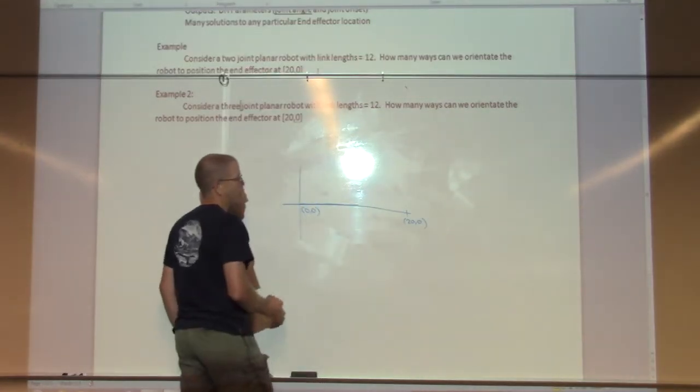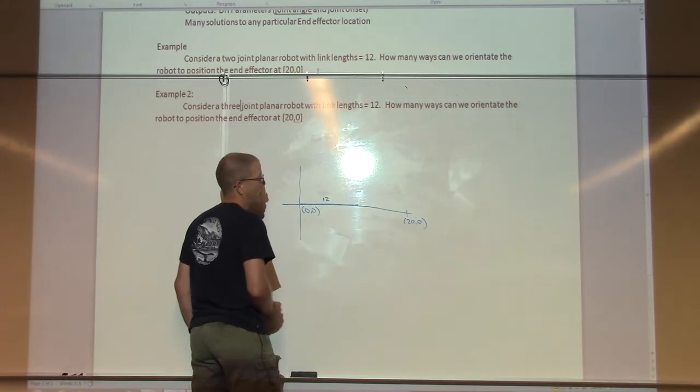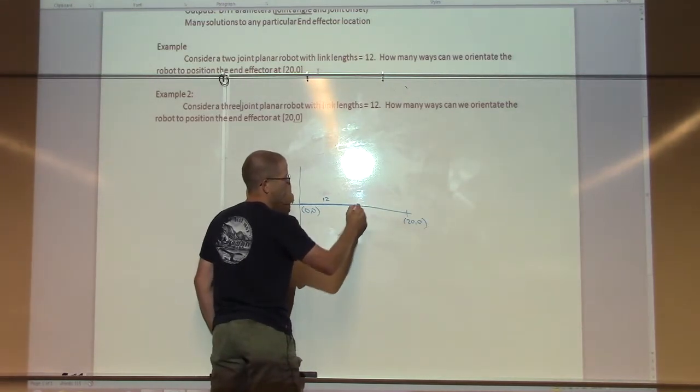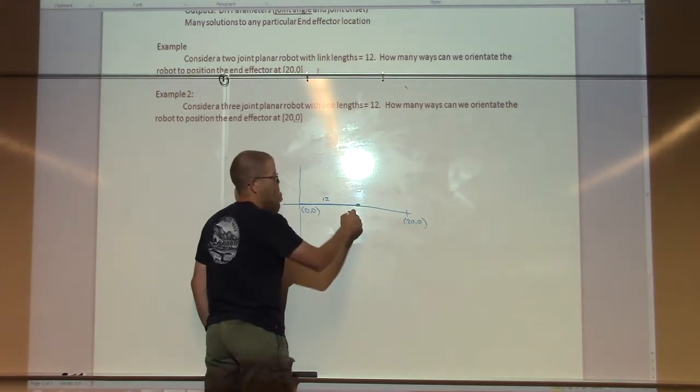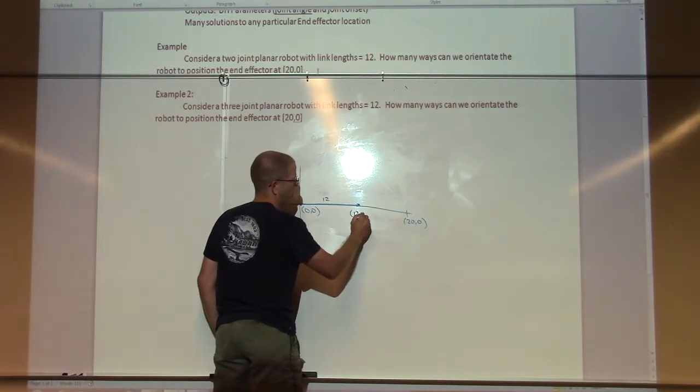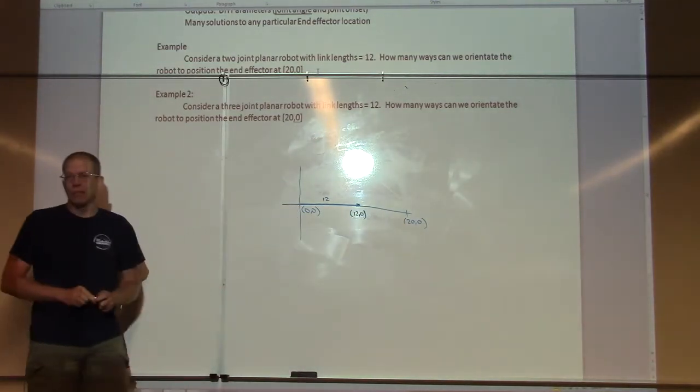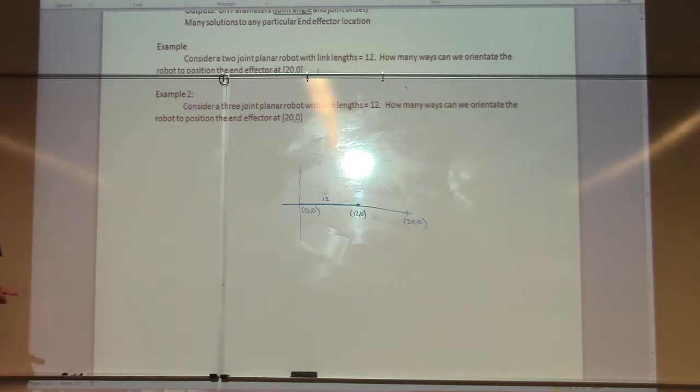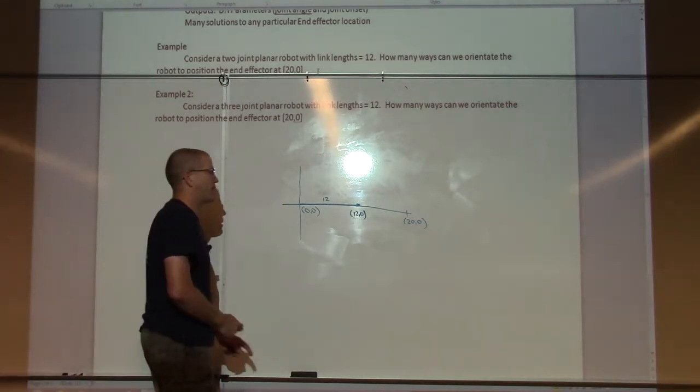That means that this first segment, which is 12 units long, is going to be positioning the rest of the robot with reference to the position 12, 0. That makes sense. And now how are we going to go through and determine the remaining 2 joint angles? The same way we did the first example. The only difference is now